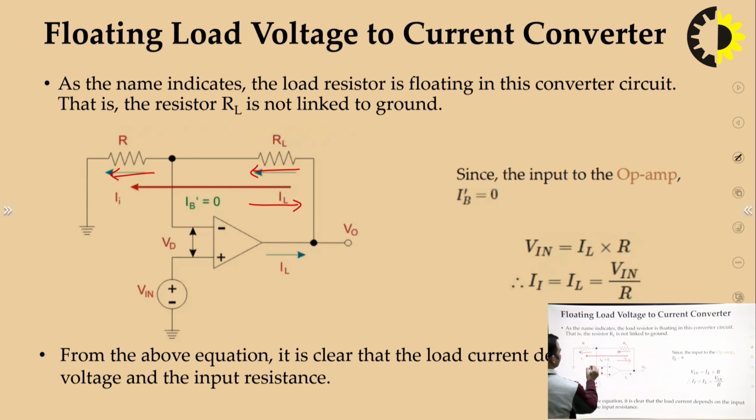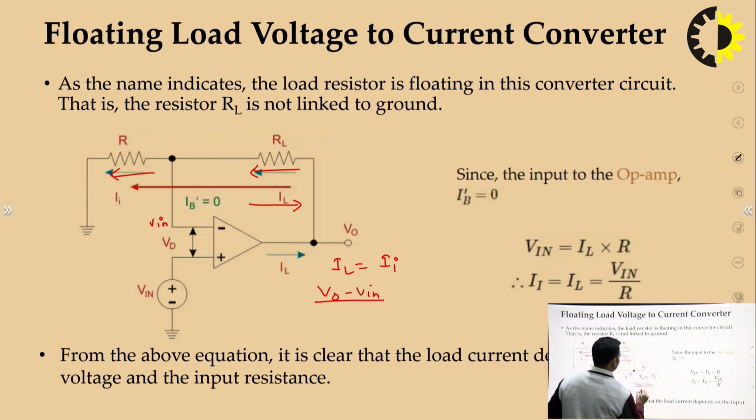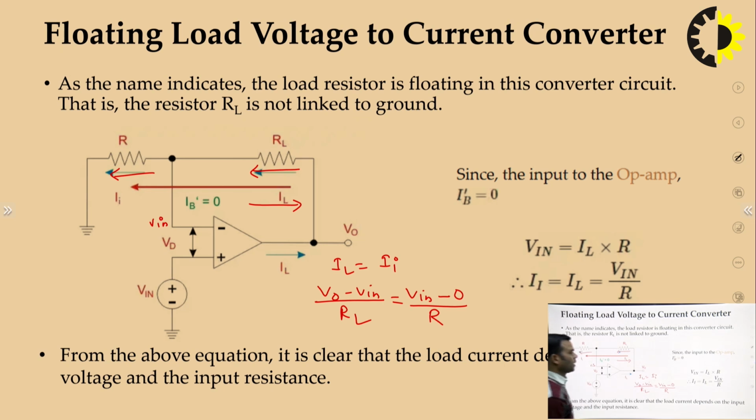This is V in, then by virtual short circuit this current will also be V in. Now, IL will be equal to II, and IL is equal to (V naught minus V in) upon RL, which is equal to II, which is equal to (V in minus 0) upon R. So, if you will solve this,